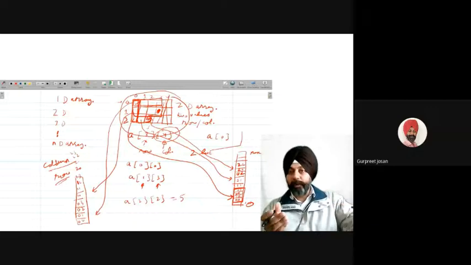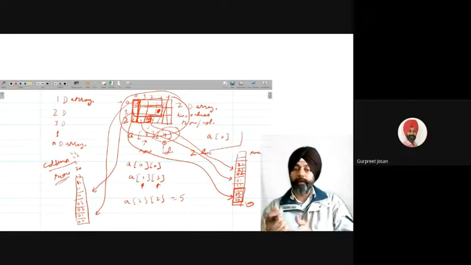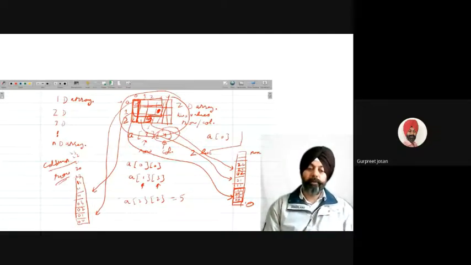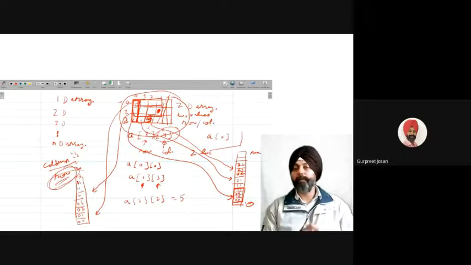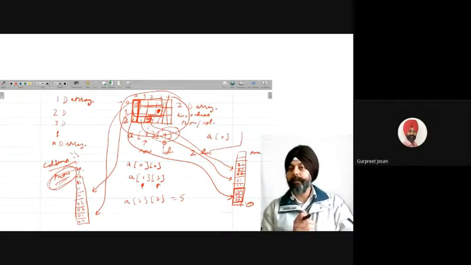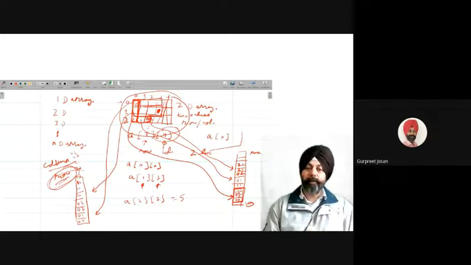So there are two different approaches. Either we can store column-wise or we can store row-wise. Accordingly, some languages store column-wise, some languages store row-wise. Python uses the row-wise method. Which method is used? Row-wise. Python stores the values row-wise. That means it will store the first row, then the second row, then the third row, then the fourth row, and so on. Got my point? So that is about two-dimensional arrays.